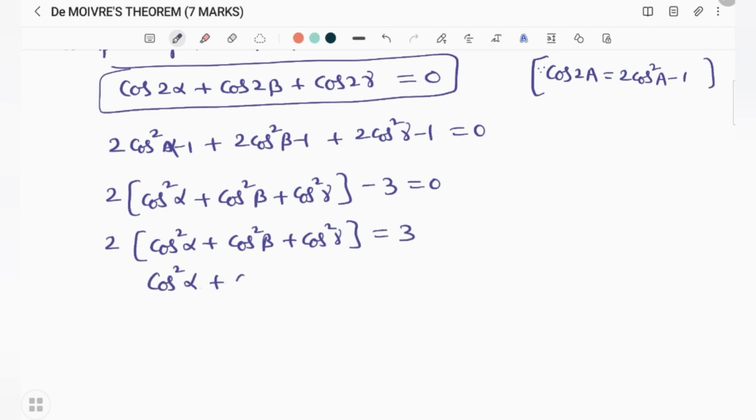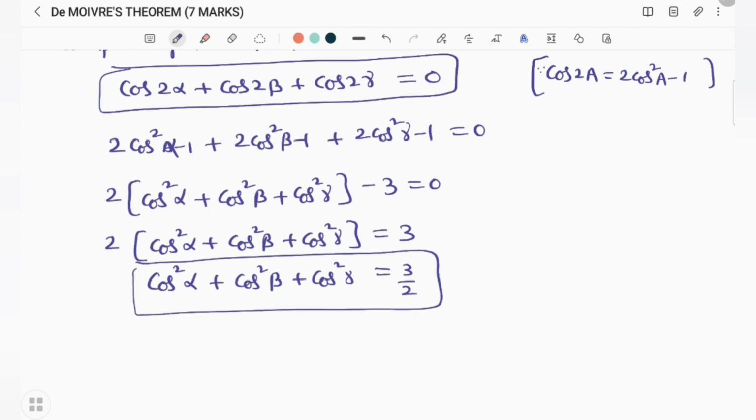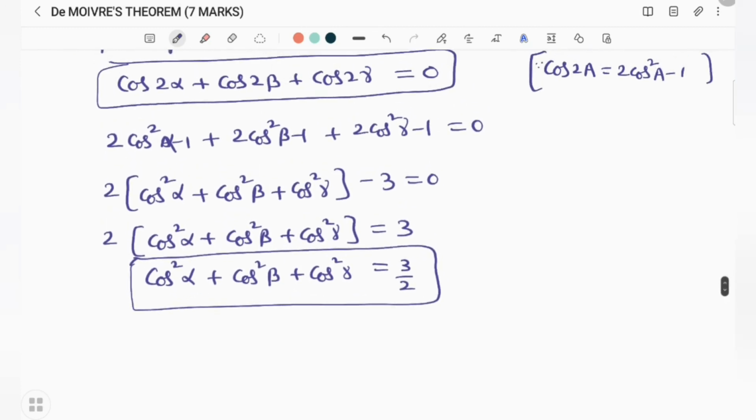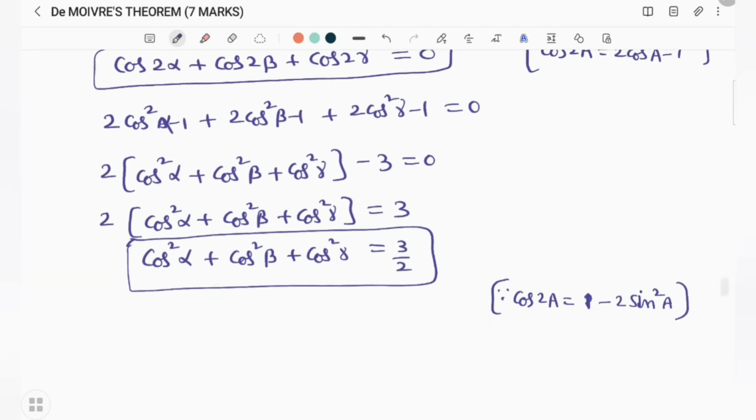cos² α + cos² β + cos² γ = 3/2. So one of the answers we got. Similarly, in place of cos 2α, in terms of sin also we can write it. cos 2A = 1 − 2 sin² A is the formula. So by using this formula,